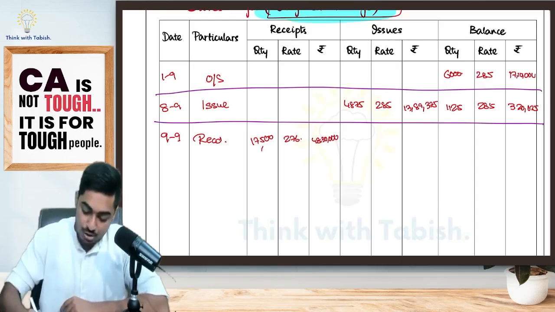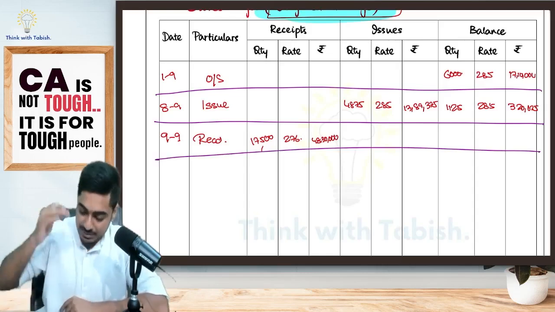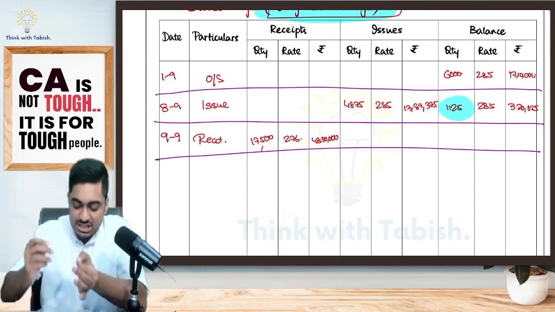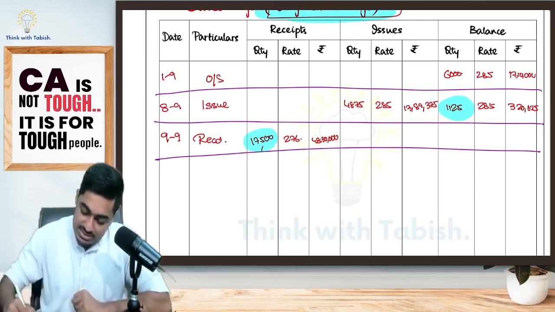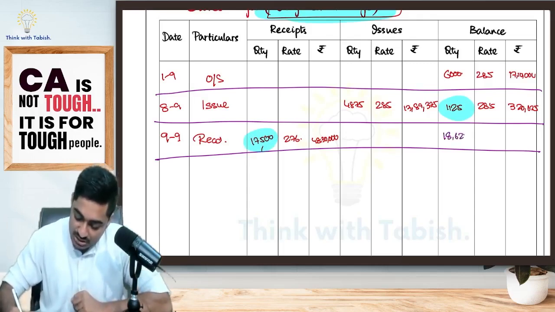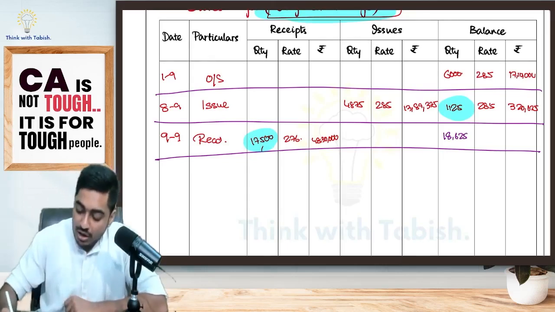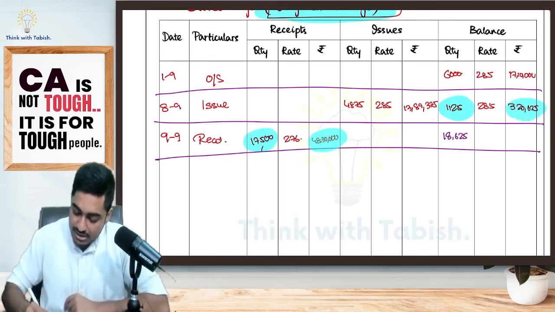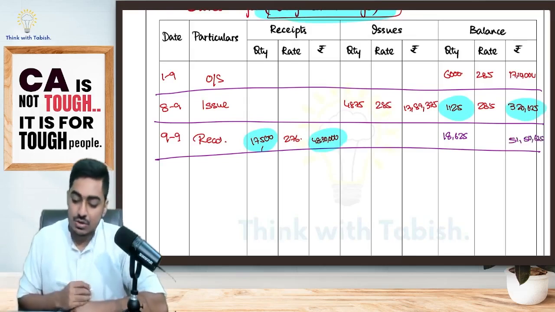Great. Now what should we do? Pay attention. You would have done this so many times, but I am repeating. Already how much quantity did I have? 1,125. Fresh, how much did I get? 17,500. That means in total right now I am having 18,625 units. For that total, how much cost have I incurred? Already I had paid 3,20,625. Fresh, I paid 48,30,000. That means I would have incurred 51,50,625. Yes or no, everyone?